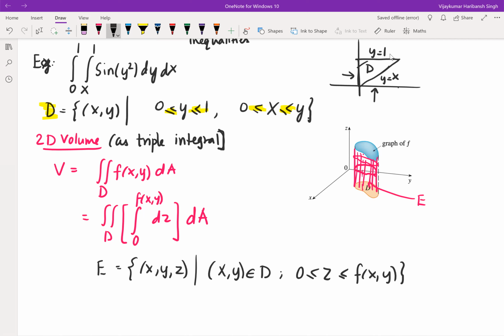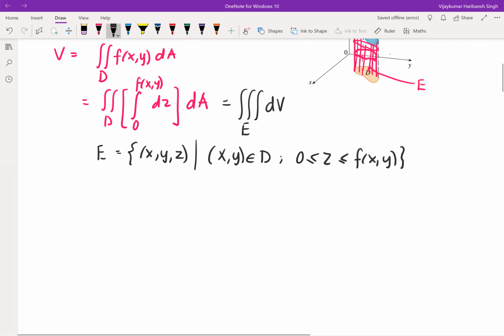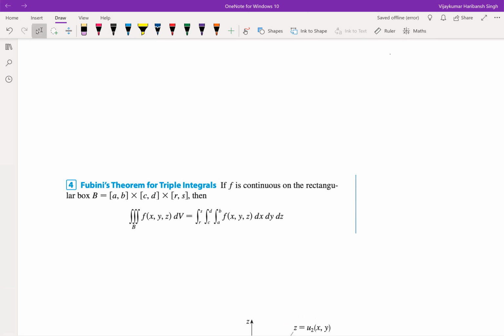There are three integrals, right? Triple integral means there's a triple integration, and I can write this as the integral over E of dV. So instead of the dA area element, we have a volume element. Okay, so first is the triple integral on a box. So if you are considering the triple integral on a box,